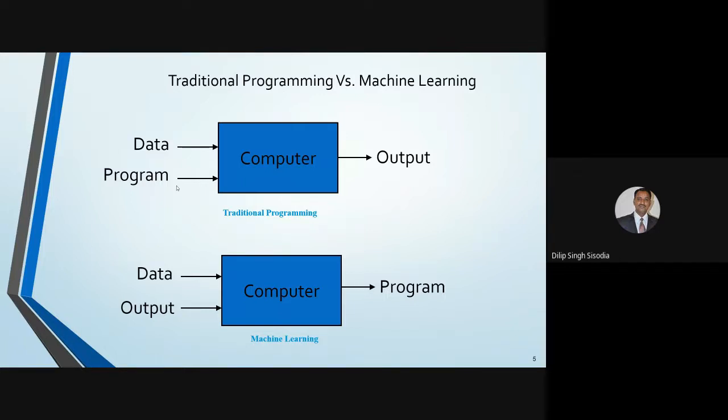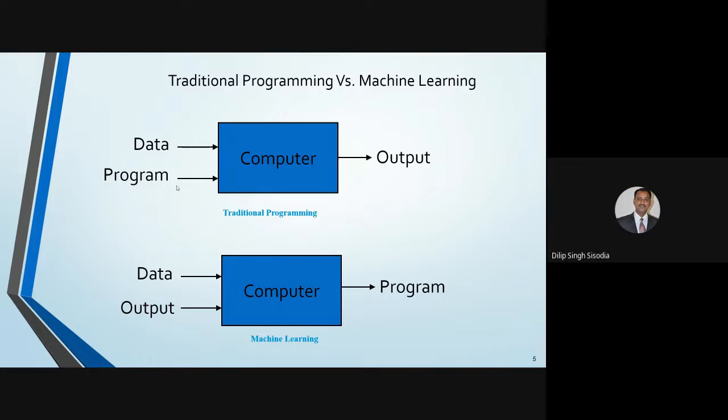Data is the most important part of any learning, either machine learning or deep learning. In case of deep learning, more data is required. So data as well as output. Output means what we want from this data. What is our desirable output, and this machine learning model will give a